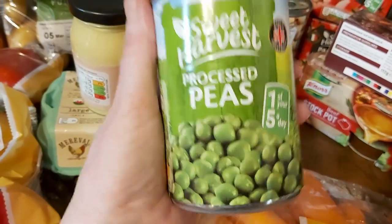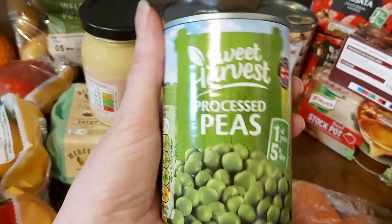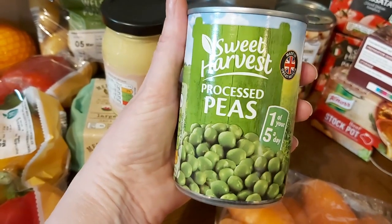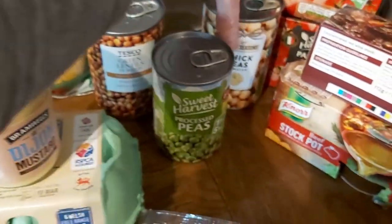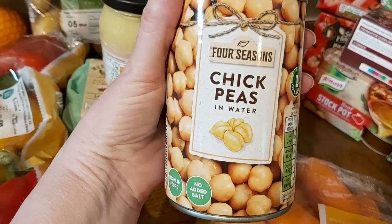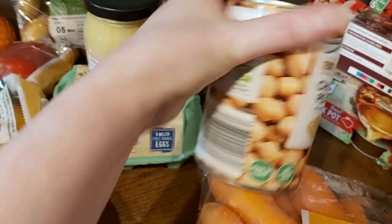Oh, and here's processed peas. Now, I love processed peas. I like them in a casserole, so these will be going in the beef casserole at the end. And some chickpeas, again, for a recipe. We have already got some chickpeas in the cupboard. We always have them in,